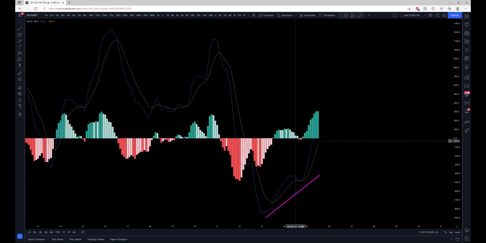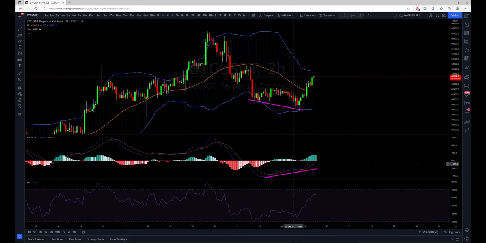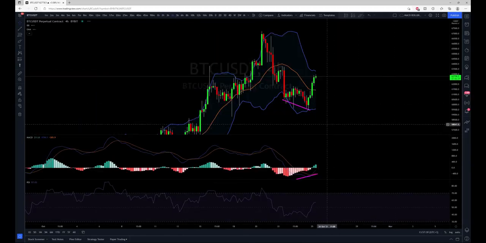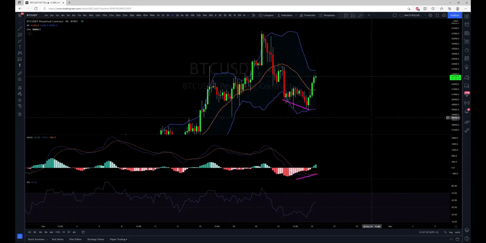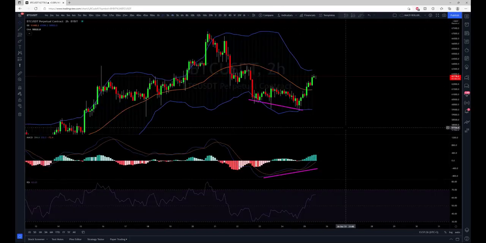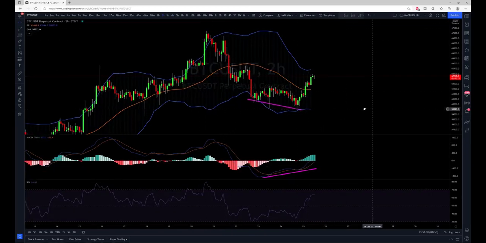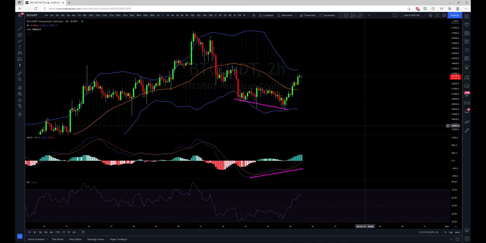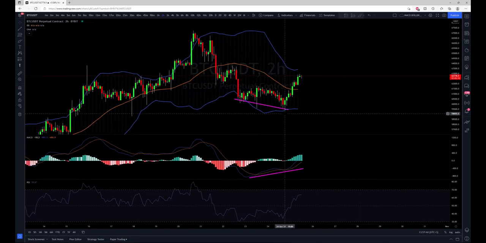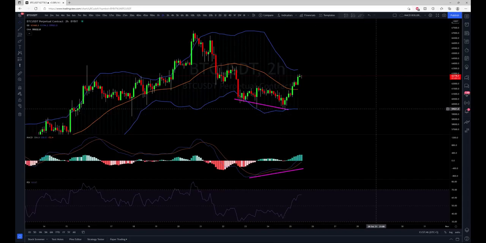So see here on the MACD, we get this much higher low on the MACD and the histogram, but at the same time, we're getting a lower low on the price action. So remember, that was touching the exact bottom of the Bollinger Band over here. And then if we go down to the 2 hour, we get that divergence as it touches the bottom. So it gives you a really confident, high probability entry and extremely precise. So you can have that